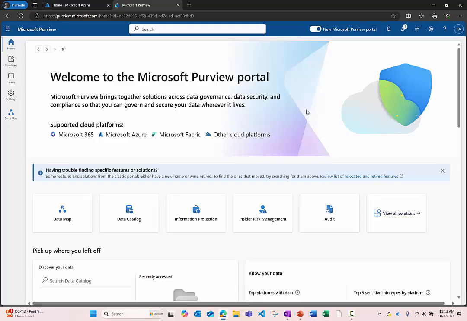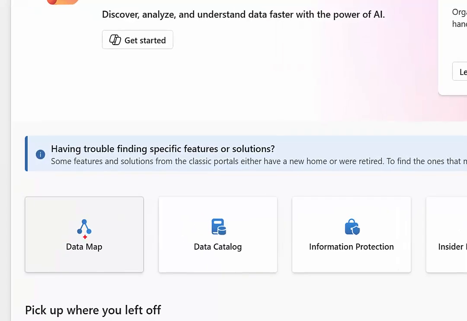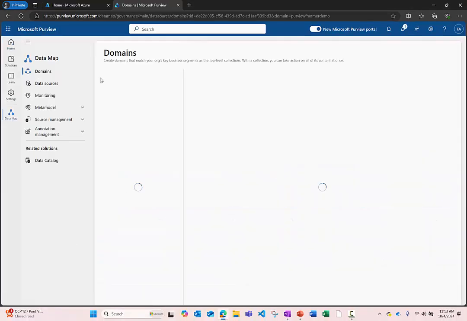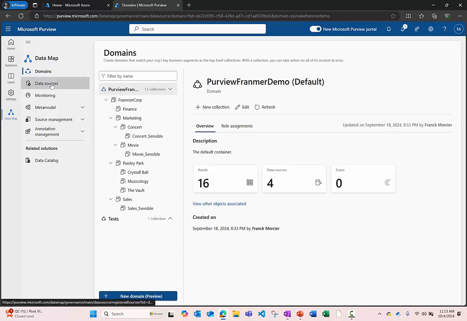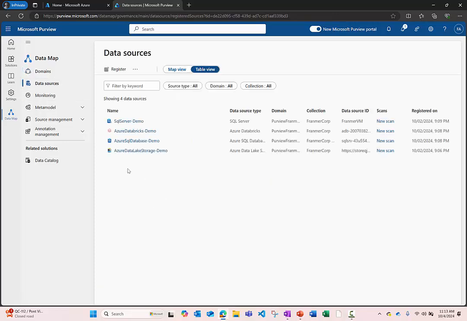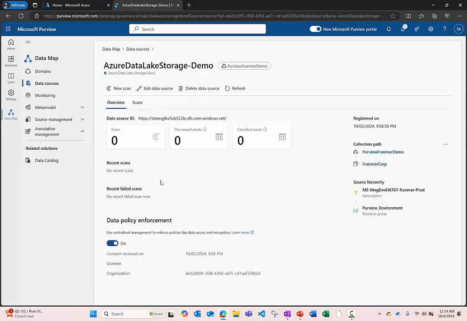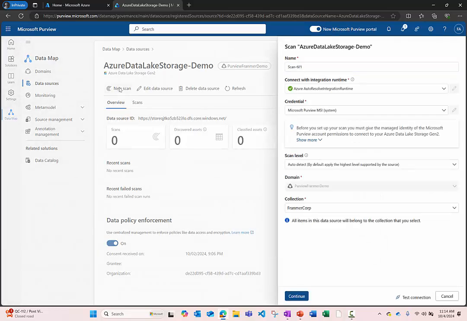So here, I am in the Purview portal, and you have to go into the data map. In the data map, click on data sources, and go here to your data lake. What we did previously in another video was just a regular scan. But now we create a new scan, and we will scope it.